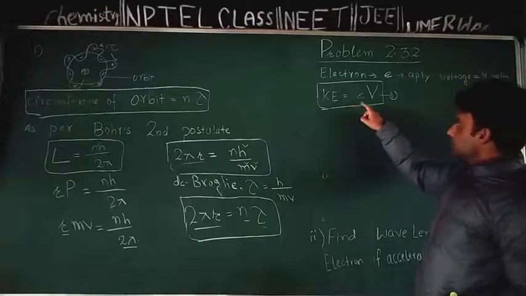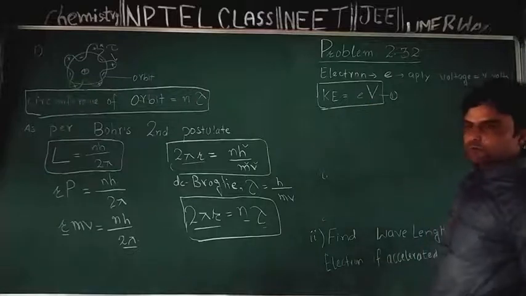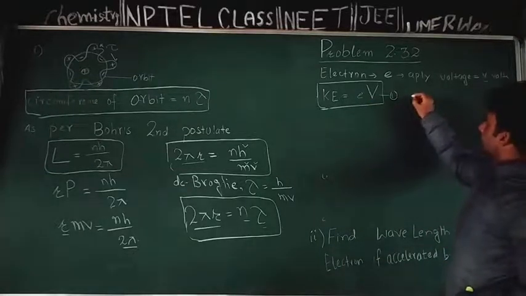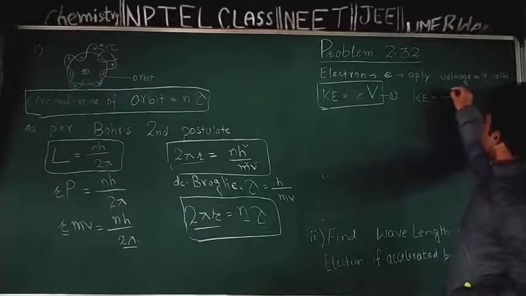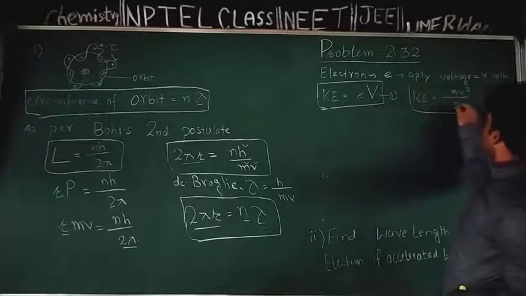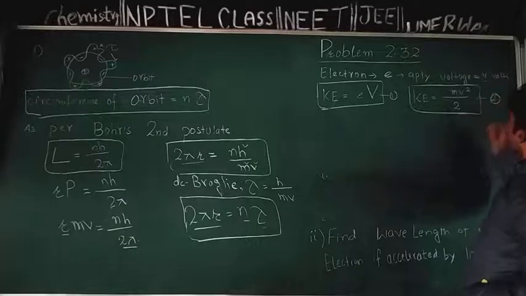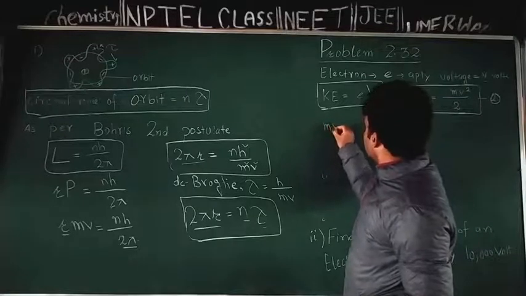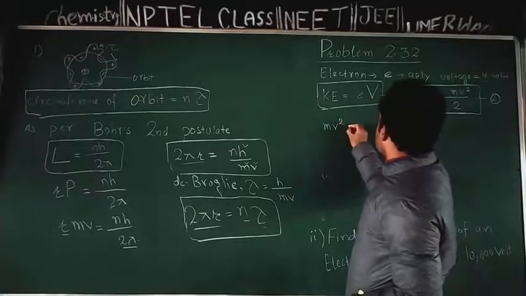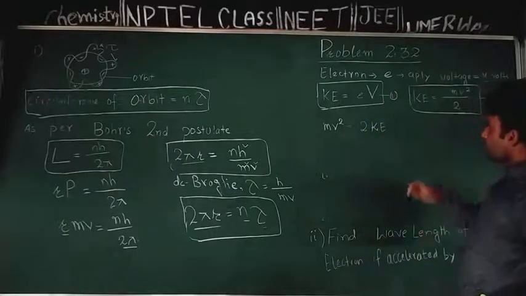And how much is this kinetic energy? Its kinetic energy is equal to the product of the magnitude of charge on the electron and the potential in which it is present. But the classical equation of kinetic energy is equal to 1/2 mv square. This is the classical equation of kinetic energy. I will label this as equation 2. Now from equation 2, it is easy for me to write mv square is equal to twice kinetic energy,